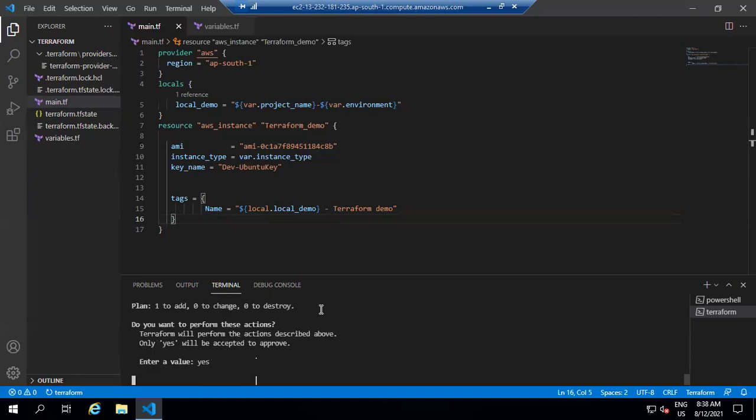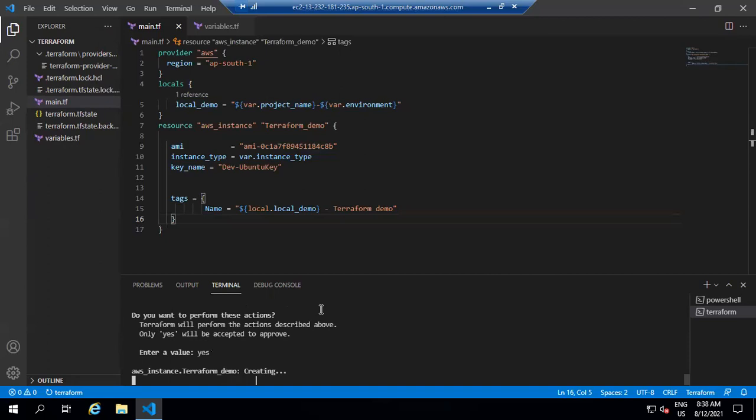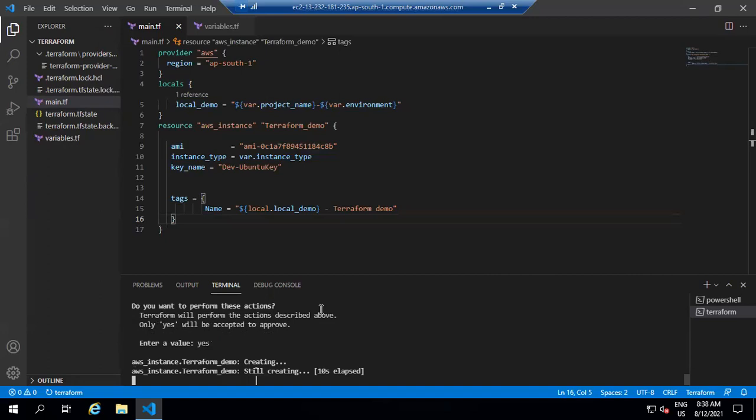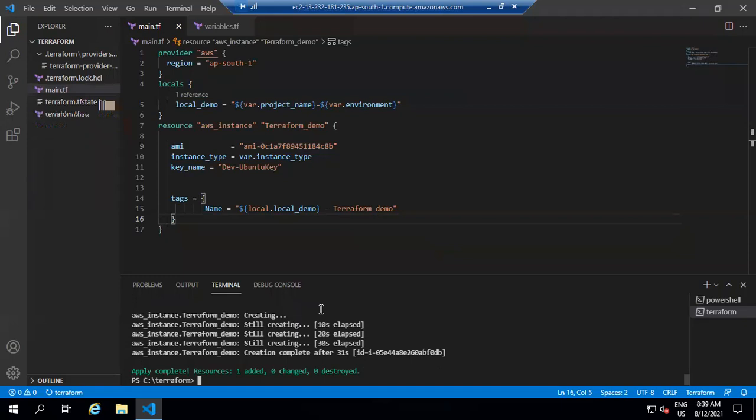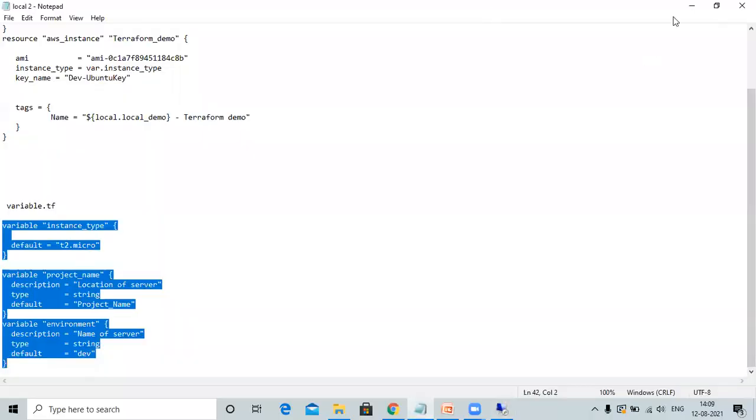So it's creating AWS instance using local. So apply complete. So now let's check if our AWS instance is created or not.